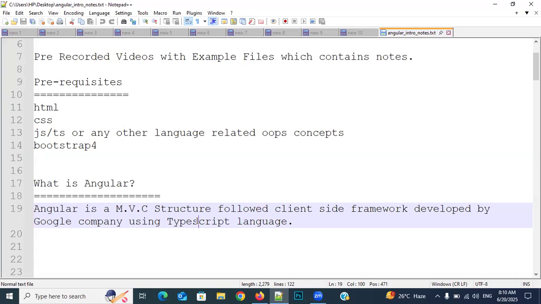Each and every framework has to be developed using some language. Why? To optimize the development time of the application. So to optimize the development time of the application, we need to use this TypeScript language. Okay, everyone? Respond. Optimization means always reducing the time. So in order to reduce the development time,